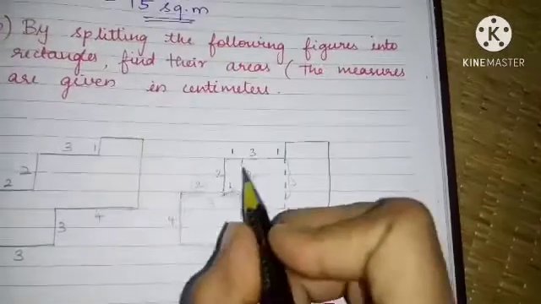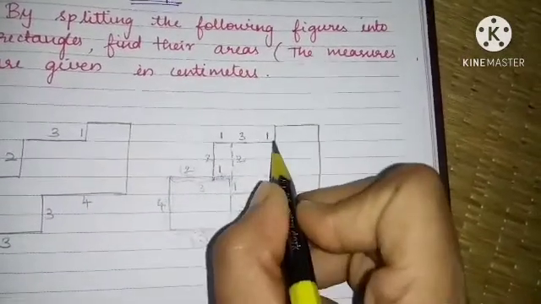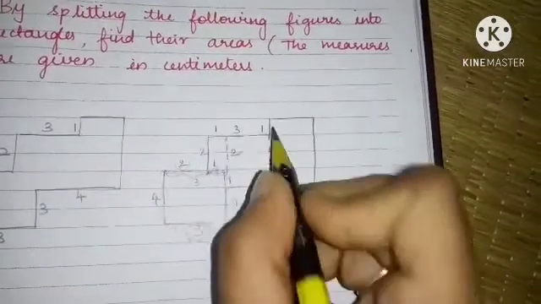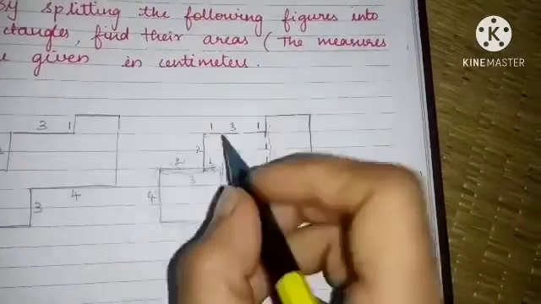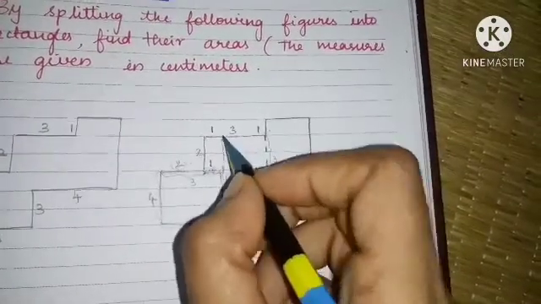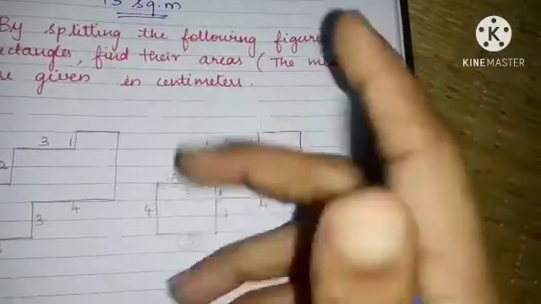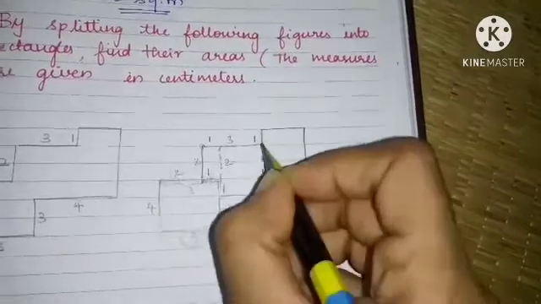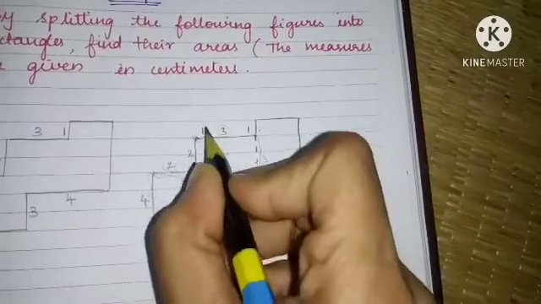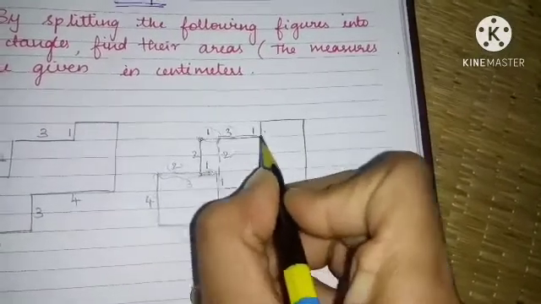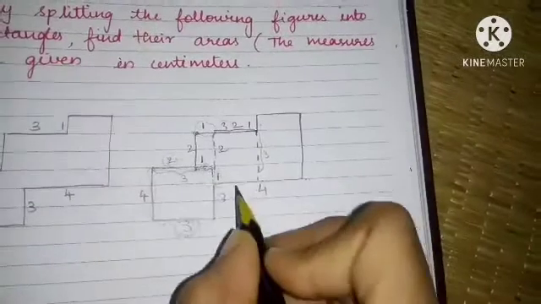Here, what is given here? 1 plus 1 is 2. Okay, so 1 plus 1 is 2. So 1 will go here. What is the length here from this to this? This total length is 2. Sorry, total length is 3. From this to this, it is 3. So in that, 1 will go. What is the remaining here? It is 2. So this is also 2.